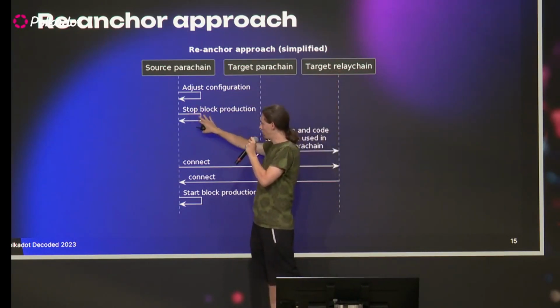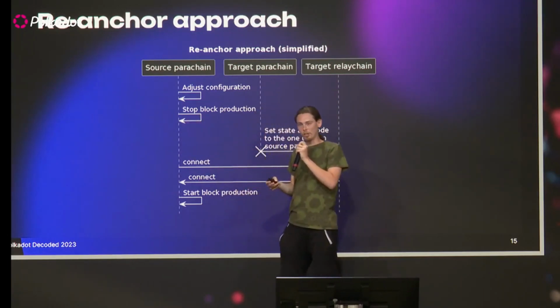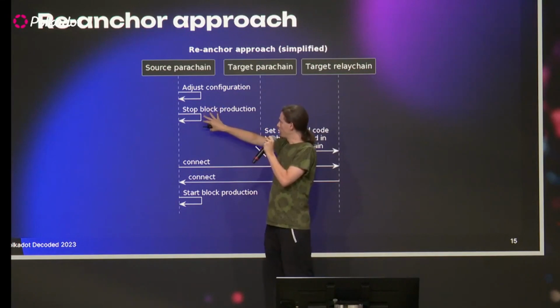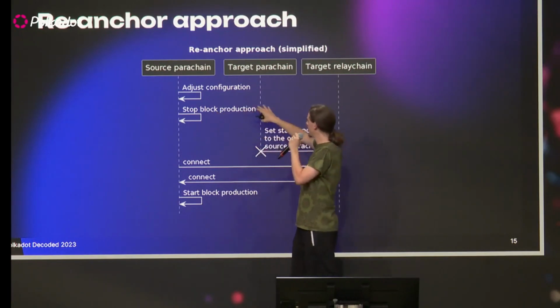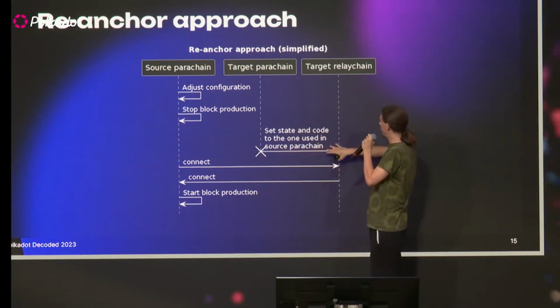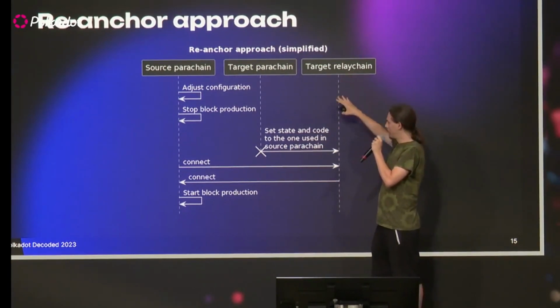Then it stops the block production to avoid any state changes during the migration. And once that's achieved, and the source parachain doesn't produce any blocks anymore on the source relay chain, Kusama in that case, you instruct the target parachain to tell the target relay chain Polkadot that it wants to update its own state,